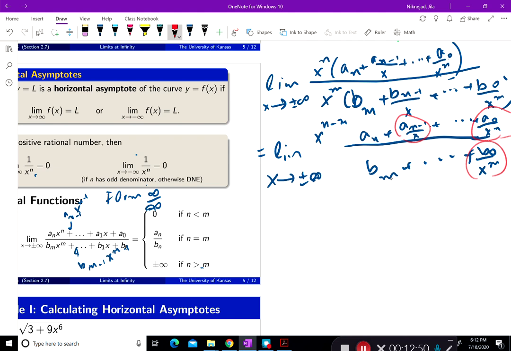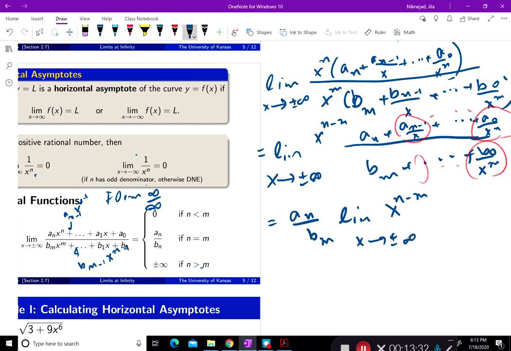For the numerator and denominator, if the limit of the denominator is non-zero, I can do that and basically use a product rule up there and finish this up. But all these terms that are over here, they're all going to go to 0 when I bring the limits in. And so we end up with basically a_n over b_m times the limit of